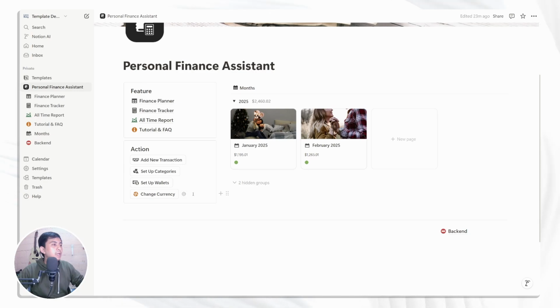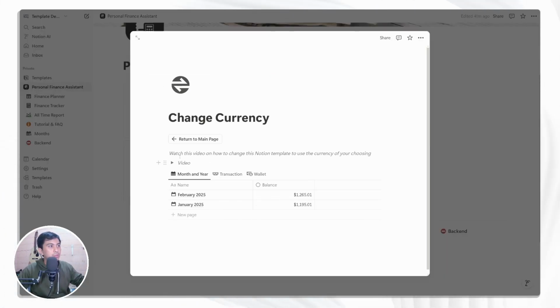There's also a button to help change currency. The first time that you duplicate this Notion template, it is currently in US dollar. You can just change the currency by clicking this one button, and then you will have a guidance to change to your preferred currency.